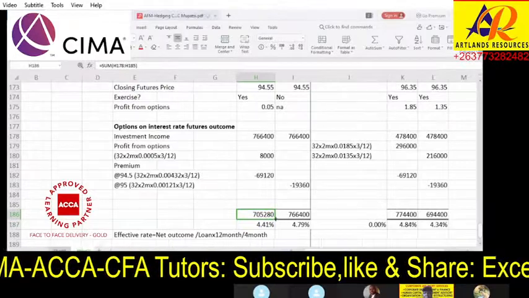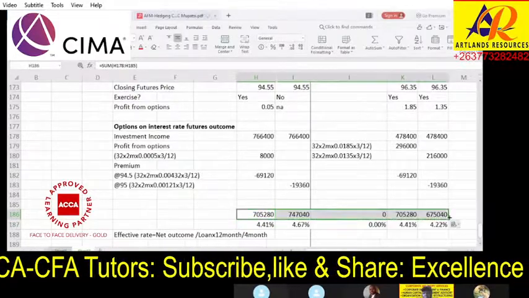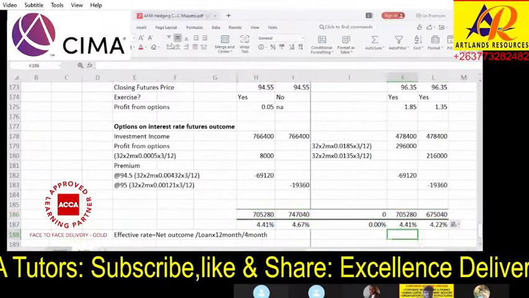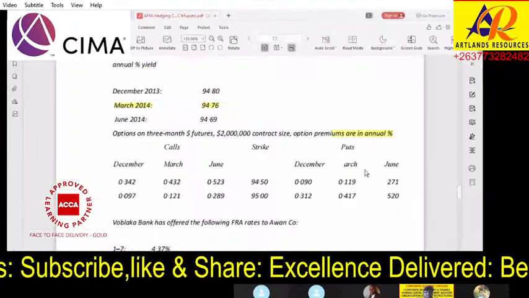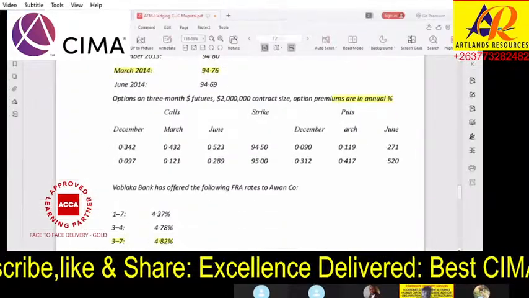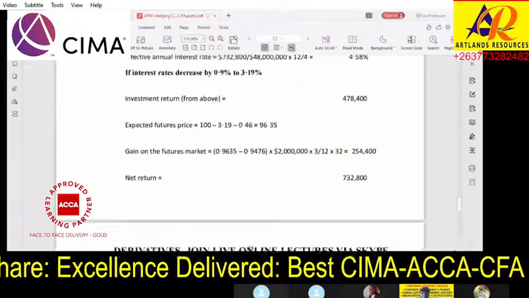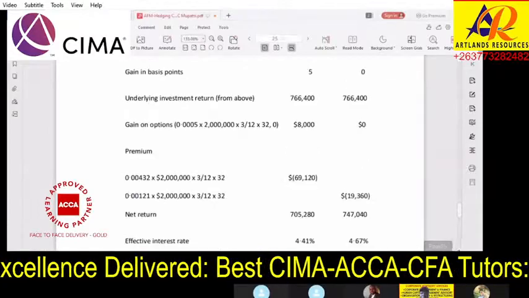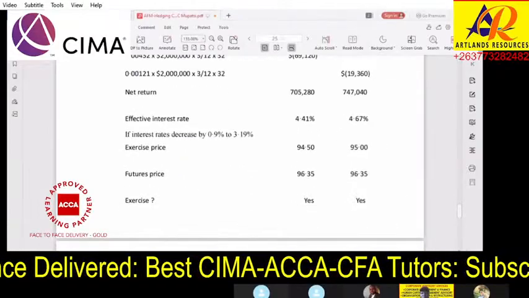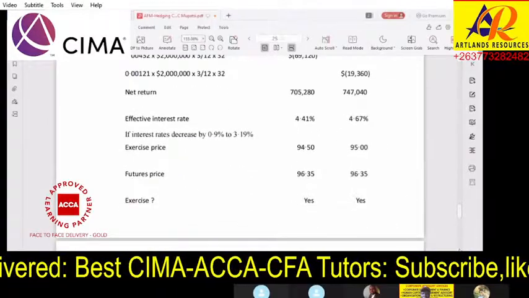You can see now that the effective rates are what we have in the exam here. It is the effective rate that you use for marking. Once you get your effective rates right, that's it. So effective rates on options 4.14, 4.67, and the other ones